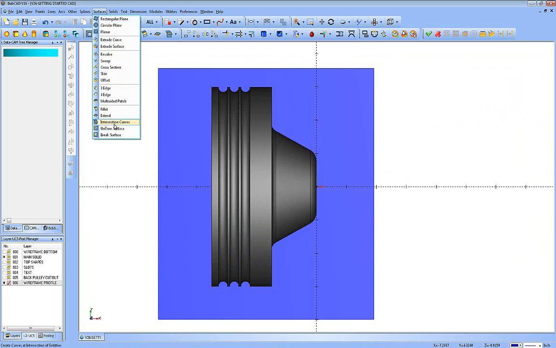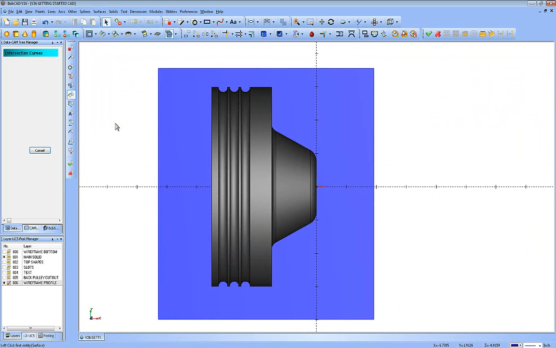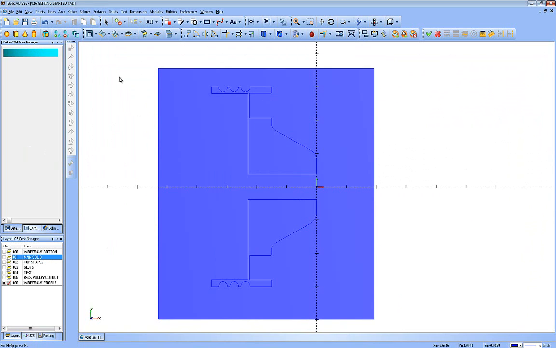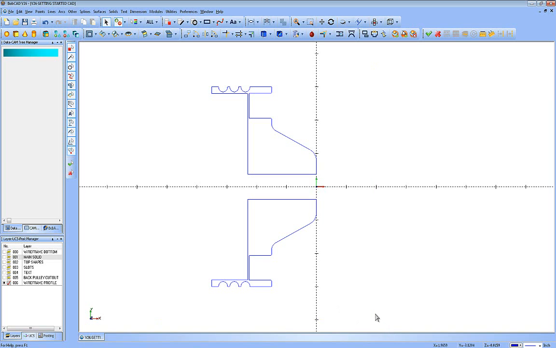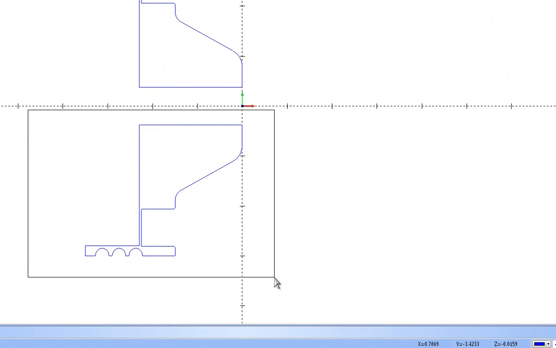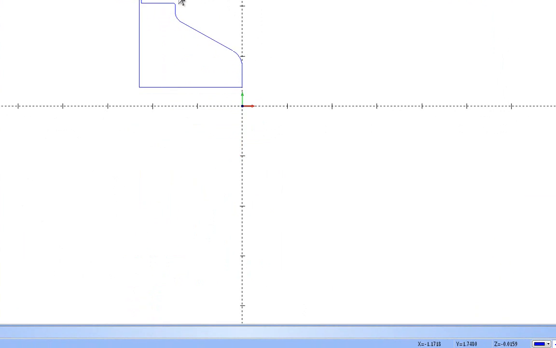Now we're going to go to Surfaces and Intersection of Curves. We're going to choose the surface and the model and cancel the feature. If I turn off the main solid layer, turn on selection mode, I can start deleting what I don't want. And you can see that gave me a cut right through the model of the intersection of the two. The bottom half I do not need, so I'll delete that out,